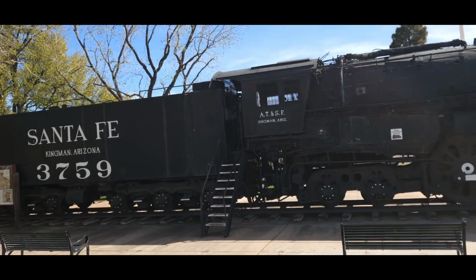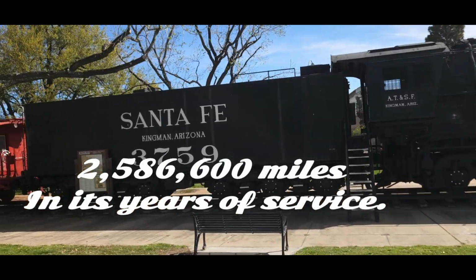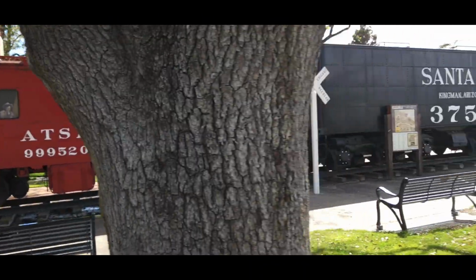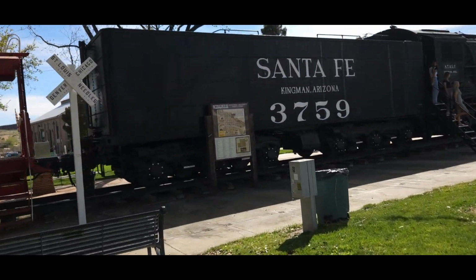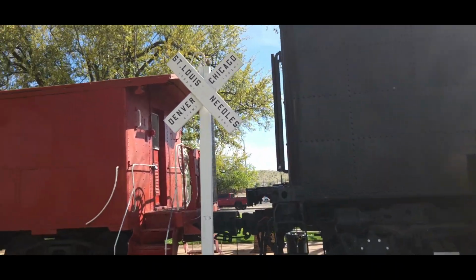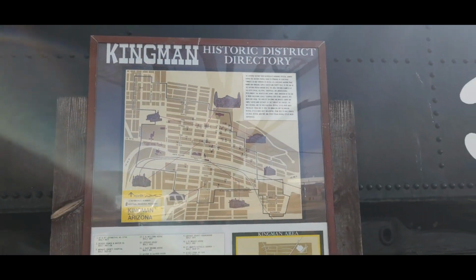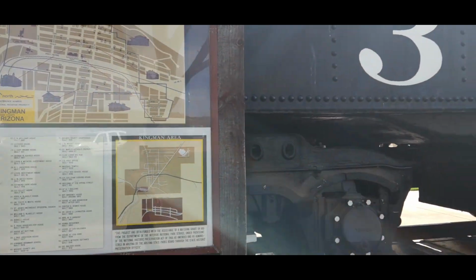Number 3759 traveled a total of 2,585,600 miles during its years of service and made the final steam-powered run from Los Angeles to Barstow in 1953, when diesel power replaced steam on the Santa Fe line. A colorful caboose was added in 1987. Today, visitors can climb up into the cab of the old steam engine while modern trains roll by on nearby tracks. The gross weight, including tender, was